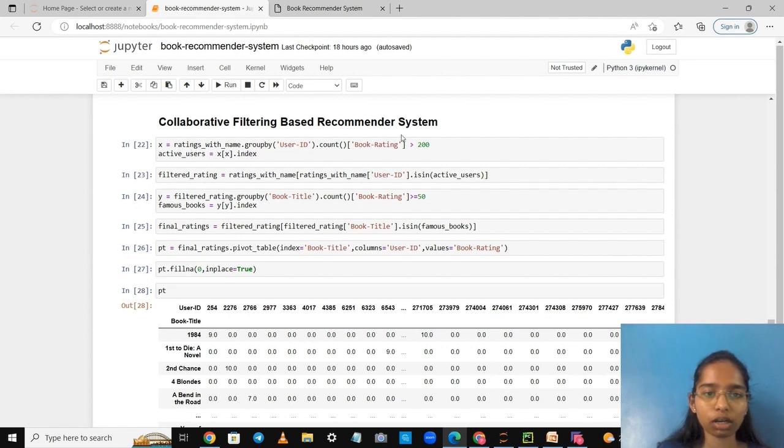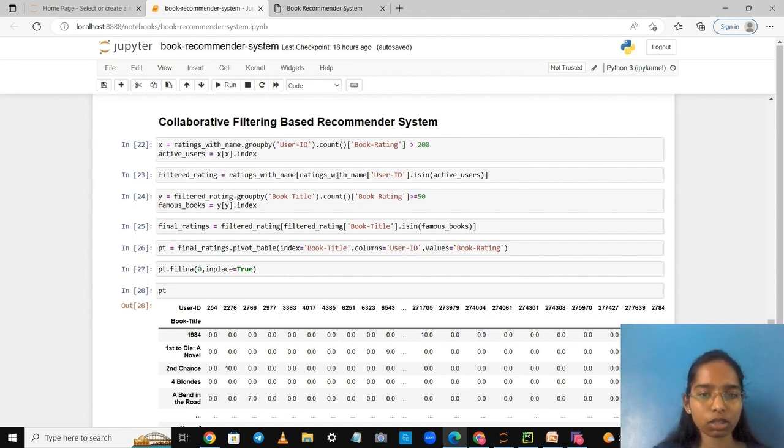Based on the book ratings, we'll count the number of ratings for every user. User ID is the unique ID given to every user. So we'll calculate the number of ratings they have given per user. If there are greater than 200 ratings, we'll keep that user in the active users data frame.